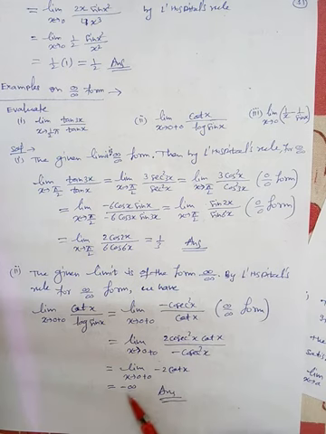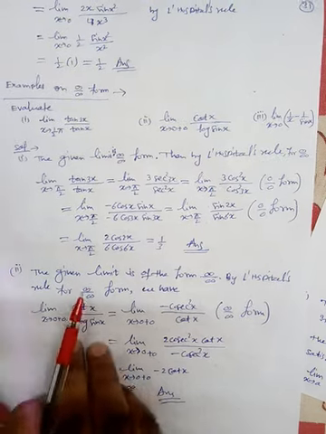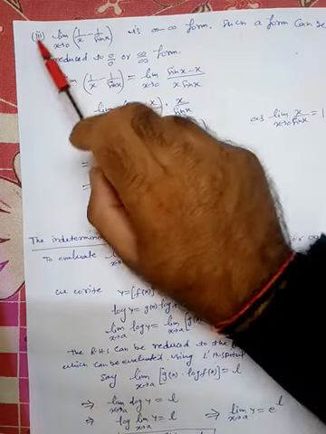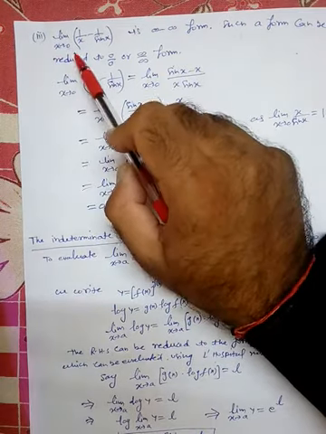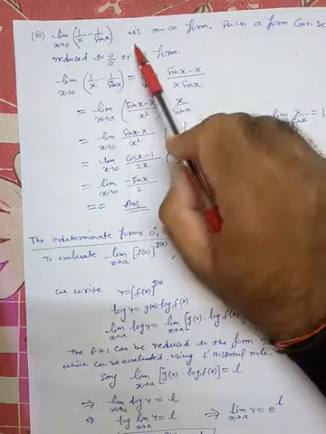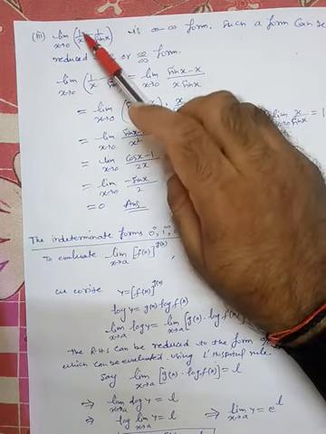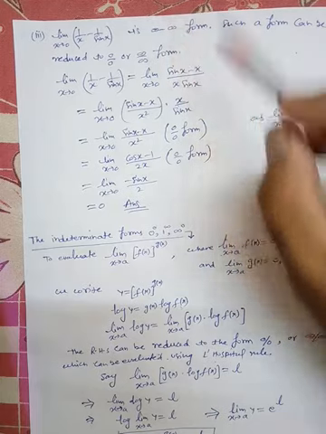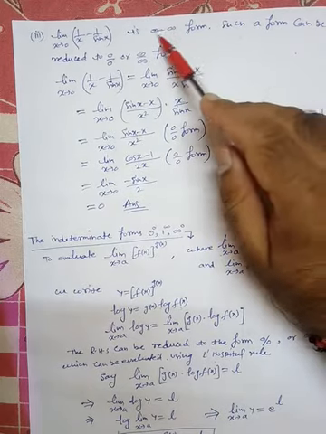जब इसमें लिमिट लगाएंगे तो इसकी वैल्यू आएगी इनफाइनाइट and multiply by minus sign, so minus infinite. So this is the value of this limit. Okay, now here third one, limit x tending to 0, 1 by x minus 1 upon sin x. So when you put the limit, here we get infinite, here we get infinite, so infinite minus infinite. Okay, so this is not by, but this is minus.